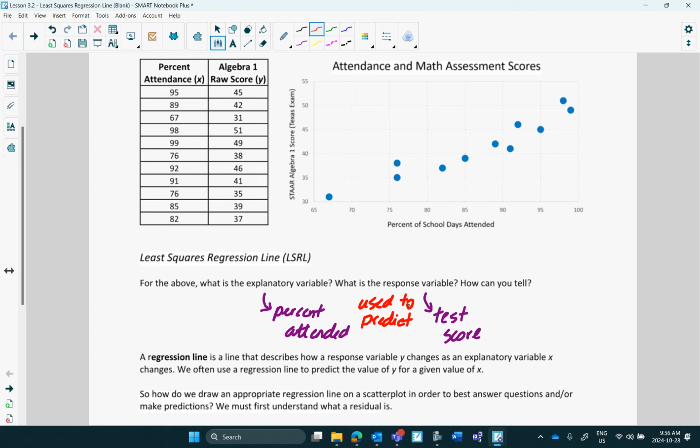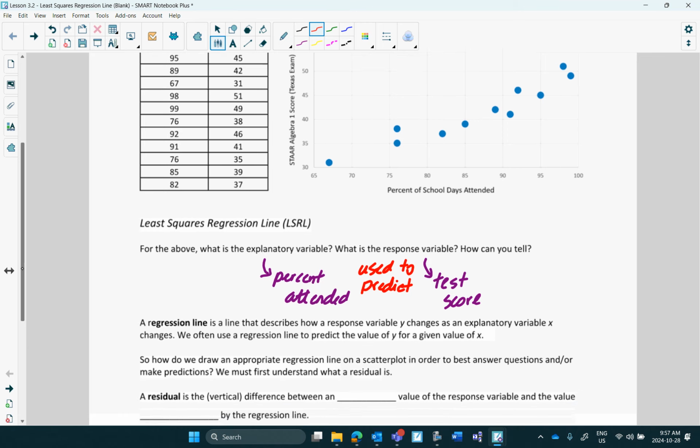Okay, so we can see some kind of relationship going on here. What would you say? Do you see a relationship? So what would you say right now about this? Yeah, if your percent attendance is really low, it looks like your test score is going to be really low, right? Well, that's great, but we want to